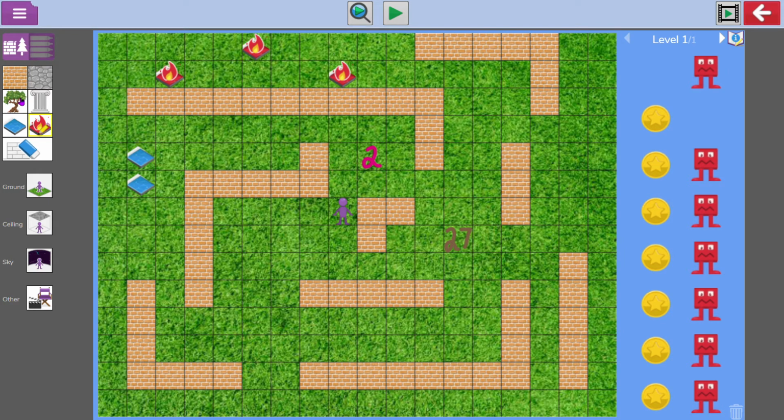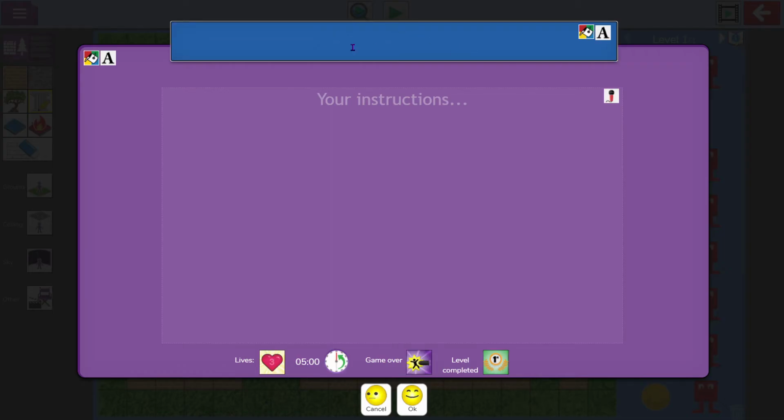Okay. You can also add in some scenery, so you can add some trees, or you could add some pillars if you wanted some pillars. Okay, there's lots of different things you can have a play around with. Now up here are your instructions, the little I, so please make sure you